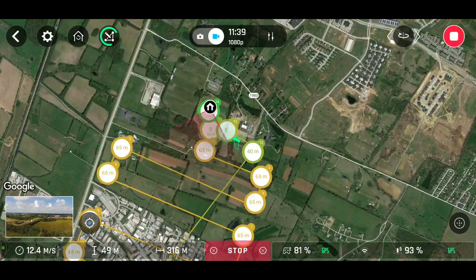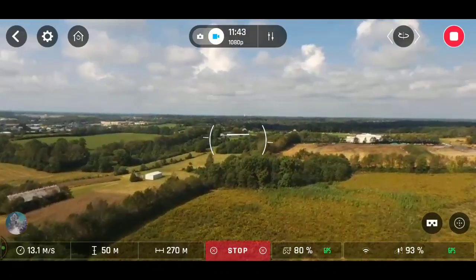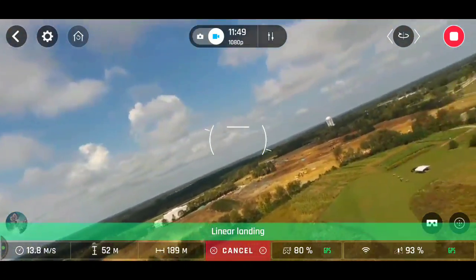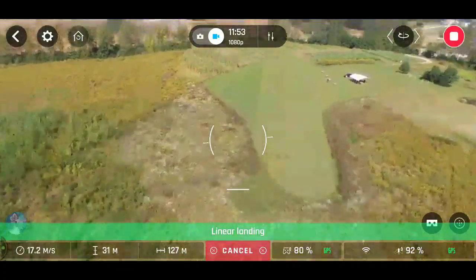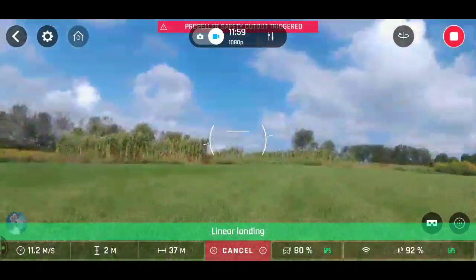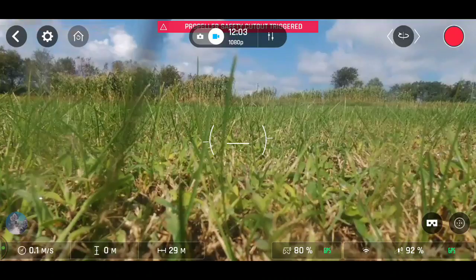So that point is the tree line, just in front to the right, the one that's going left to right on the screen, and it's already entered landing. Where is it? Oh, there it is. Looks like it did a little reverse thrust just then. Lots of elevon movement. Ooh, that was a tough landing. I actually saw...